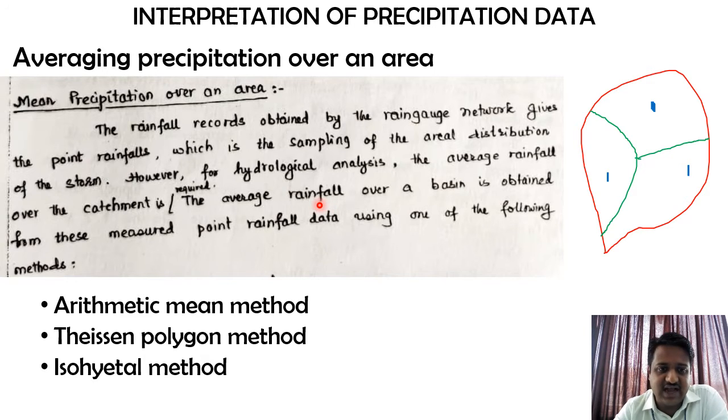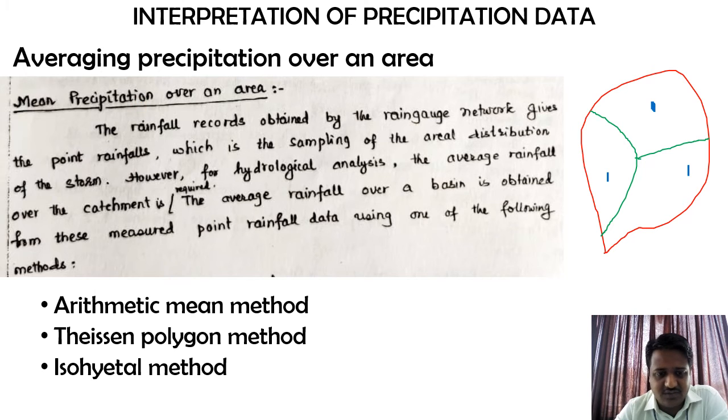So for that reason, we need to make sure that this small representation by the rainfall measurement, that is with the help of rain gauge stations, will represent the entire area rainfall characteristics accurately. So for that we will be taking the help of these three methods which are available to us. Now keeping this in mind, why are these three different methods there, or else why do we need this mean precipitation over the area.